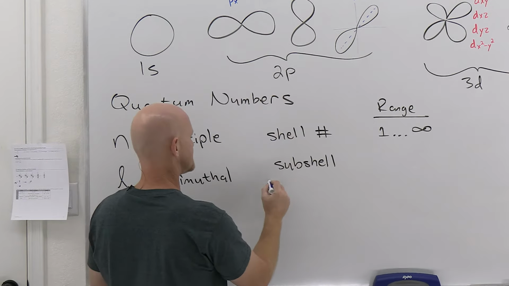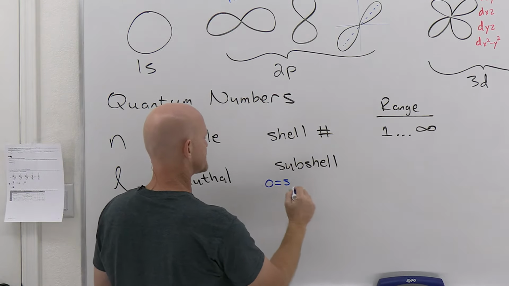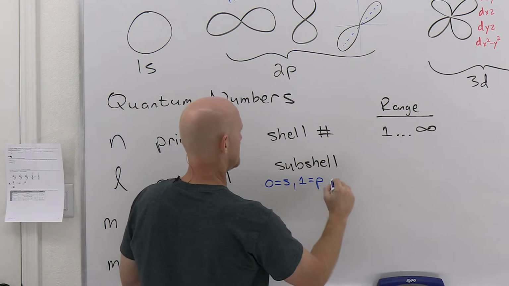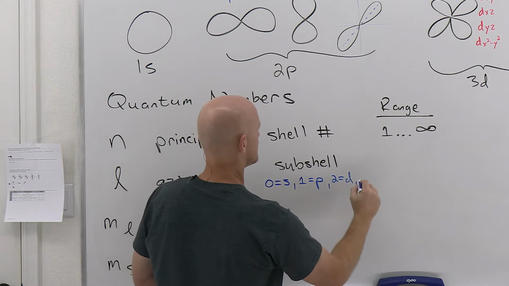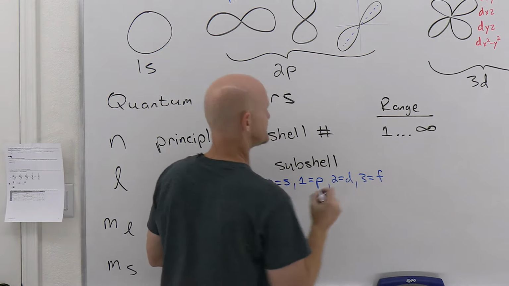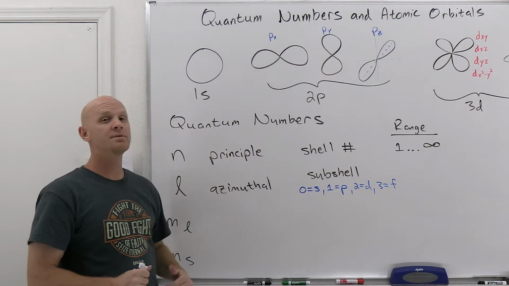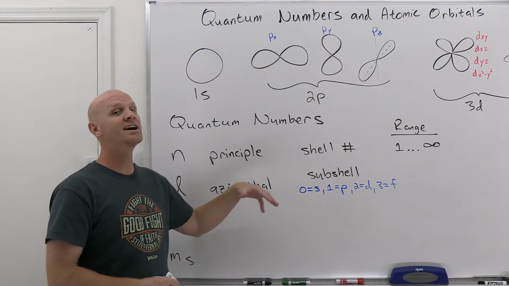So when L equals 0, a value of 0, that tells you you're in an s subshell. When L equals 1, it tells you you're in a p subshell. When L equals 2, it tells you you're in a d subshell. And when L equals 3, it tells you you're in an f subshell. So these quantum numbers describe, and I say you, but it's really describing where an electron is